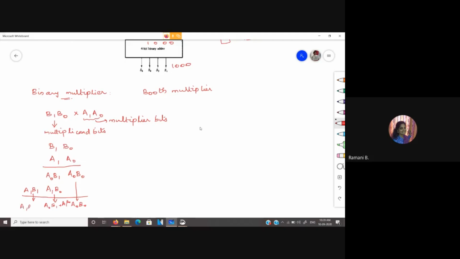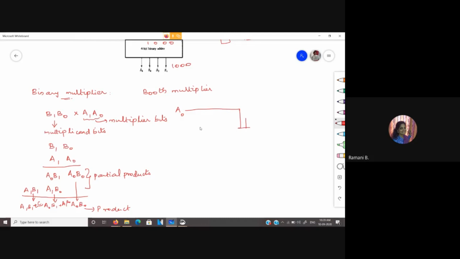Otherwise, this is going to be simply this value. If carry is there, you will write that. Otherwise, you are going to have this as it is. So these intermediate values, we call them partial products. And the final value is the actual product. So now to implement this, for the addition, we need adders, right? So to implement this, I will draw the diagram. So first, I am going to multiply A0 with